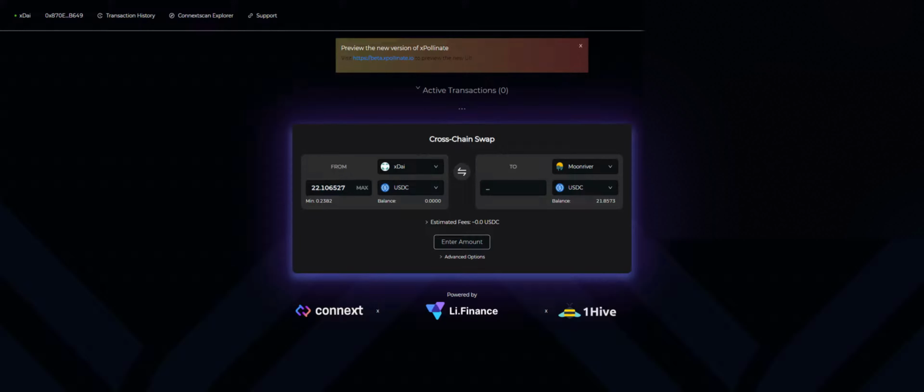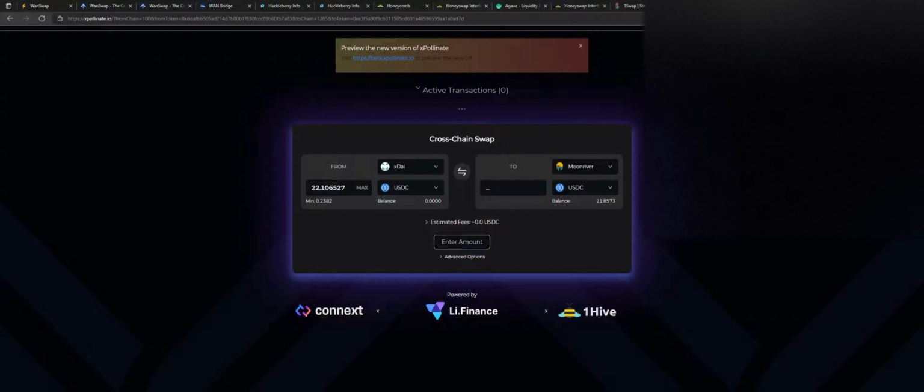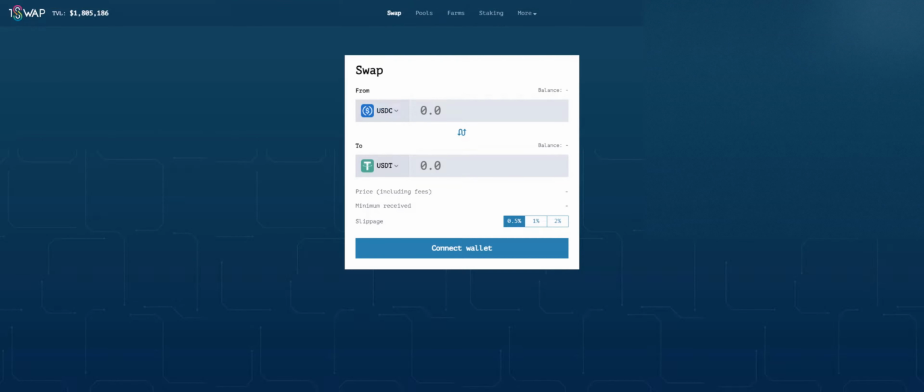So we got USDC at Moonriver. So here's the problem. On Huckleberry, we have Wanchain Bridge USDC.m, but we use the X-Pollinate bridge and we just have USDC on Moonriver. So there's this stablecoin swap site called Wanswap, which is partnered with Huckleberry, and they have multiple types of